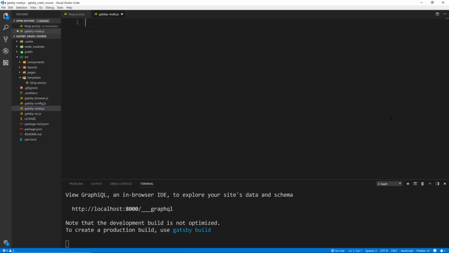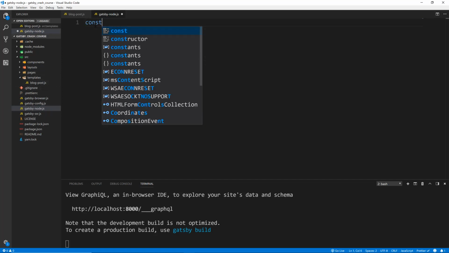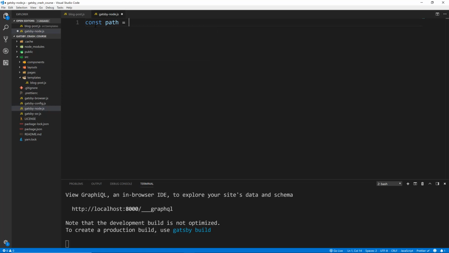All right, so we're going to get rid of everything here, and this may seem a little confusing, but we basically need to use the createPage API. Okay, and it does exactly that. It's going to make it so that we can have post 1, post 2, and any other pages so that we can create those. So we're going to bring in the path, say const path = require('path'), which is just a standard Node.js module, and then say exports.createPages,